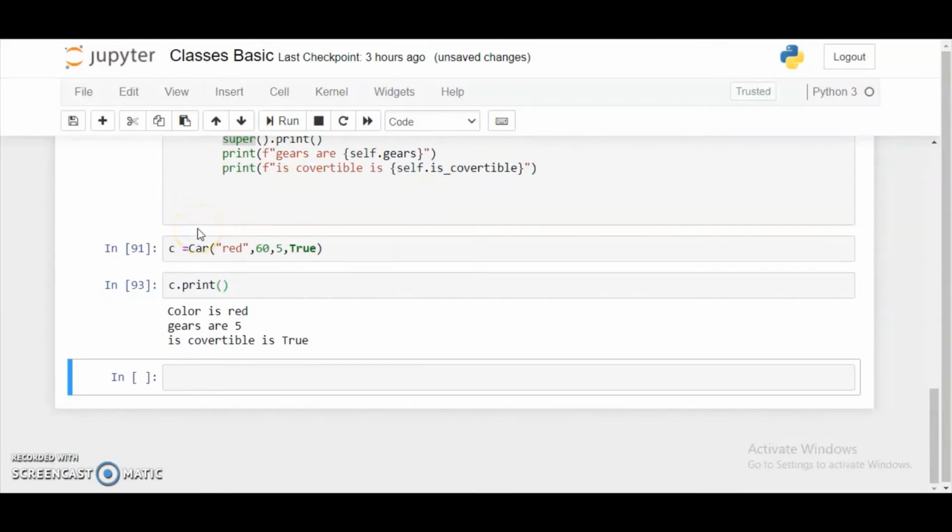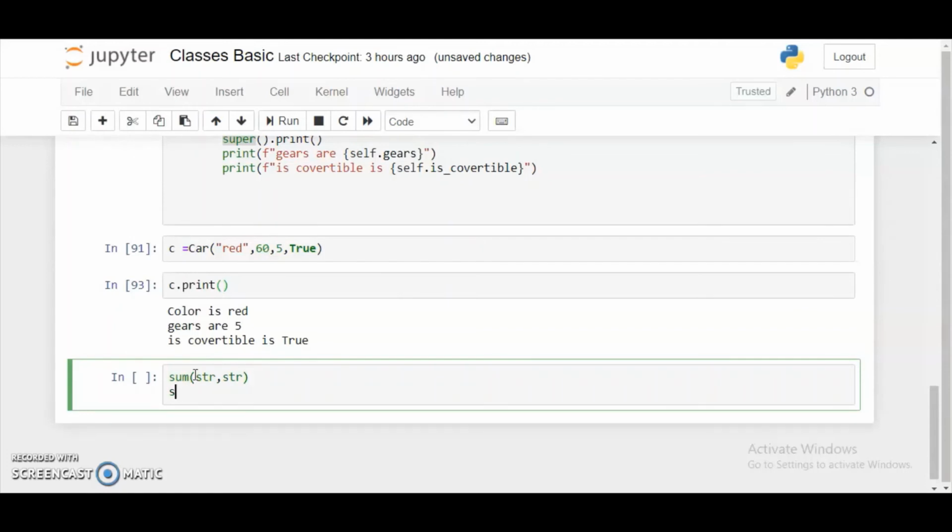So first, overloading is a functionality of a method in which it exhibits different properties if different kinds of parameters are passed to it. Suppose there is a function sum, right? And if the arguments passed to it are string comma string, then it exhibits different properties. But if the same function in the same class has the argument x as an integer, then it performs a different kind of functionality, right?